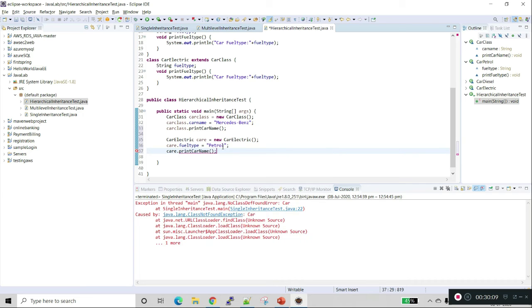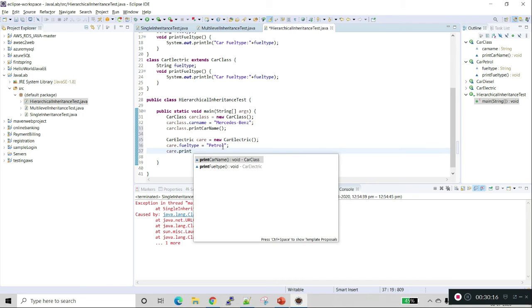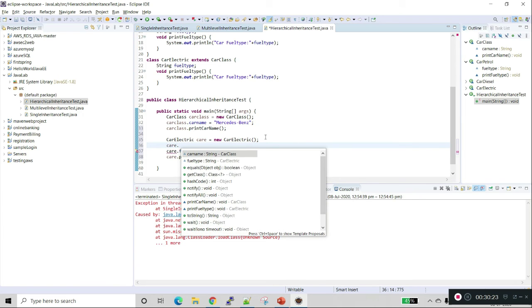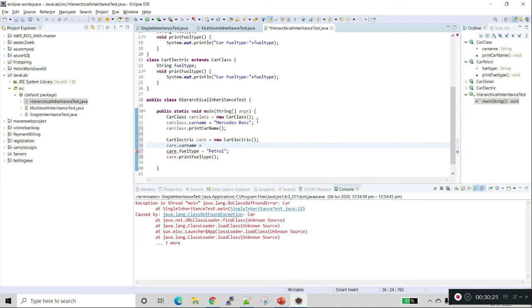So I can call the car name, print fuel type, and set car name equal to Mercedes-Benz.